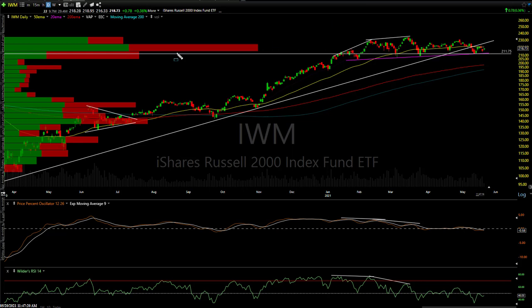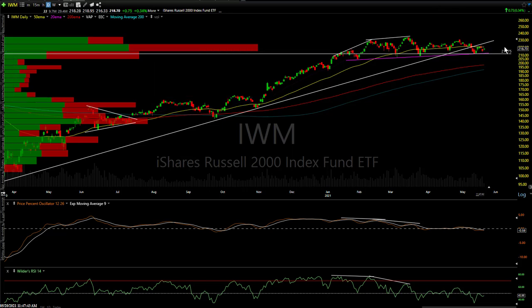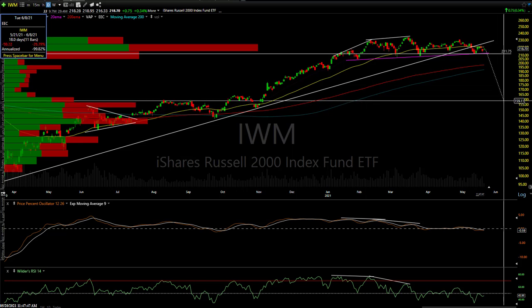gauge to try to figure out where we go is you look at these levels that act as support and resistance, these big bars. So this is a thin zone all the way down to about right here, and that shows you if we were to break that level to the downside, that's one potential target. Now I may sharpen my pencil and have additional targets on there, but based on this pattern and everything that's gone on, that's a logical swing target. And that would be roughly about 159 on IWM. That's about a 27% drop if it happens.